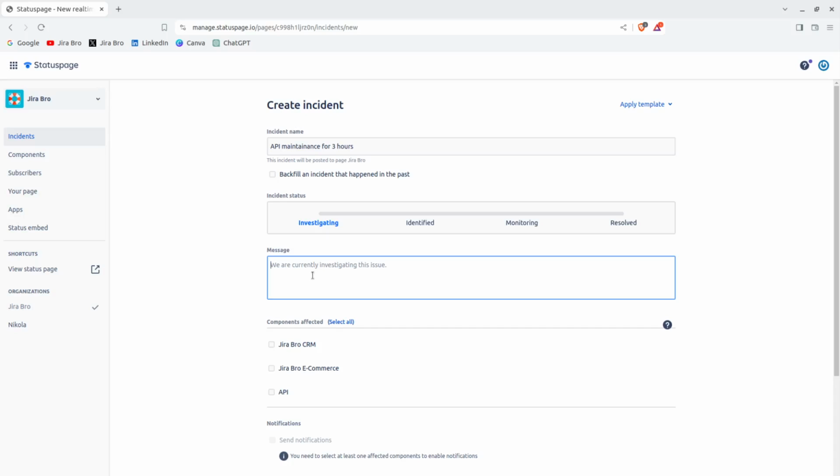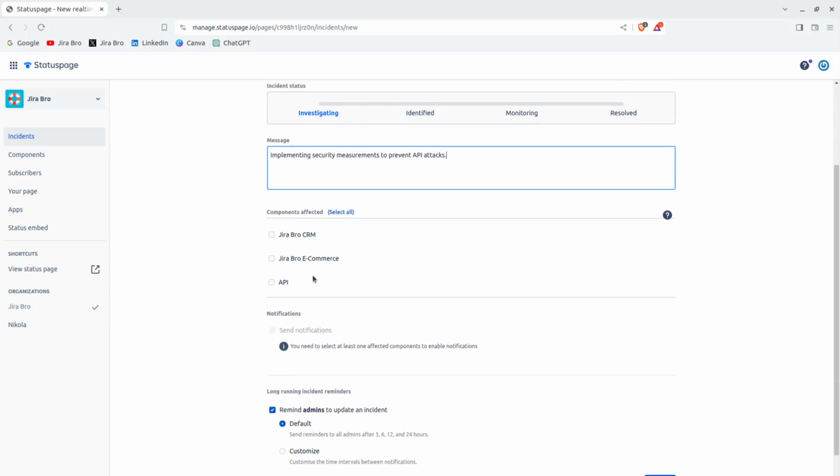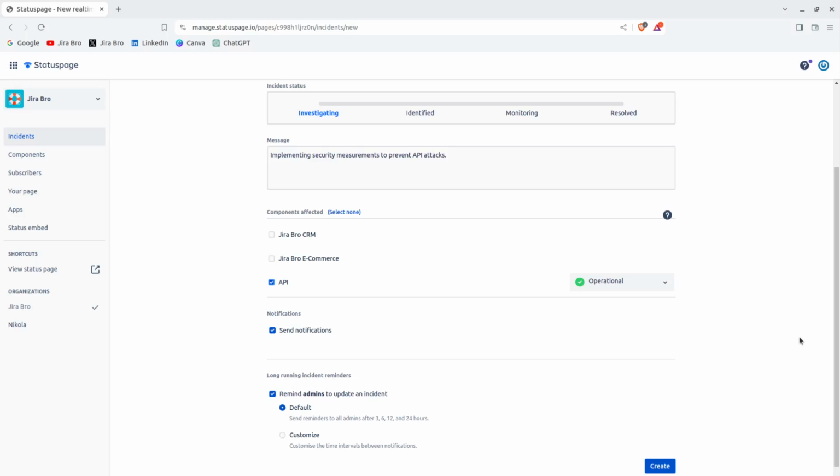API maintenance for 3 hours, and this is going to be implementing security measurements to prevent API attacks, for example, right? And I'm going to say this is going to be for the API. Now you have options like degraded performance, partial outage, major outage, under maintenance. So I can say this is going to be under maintenance, but